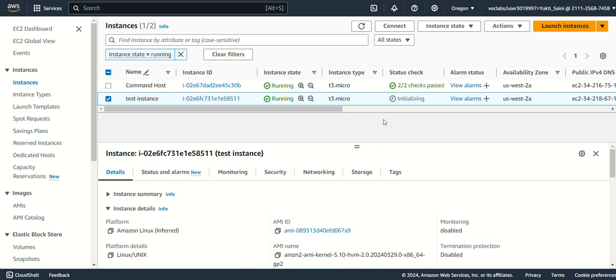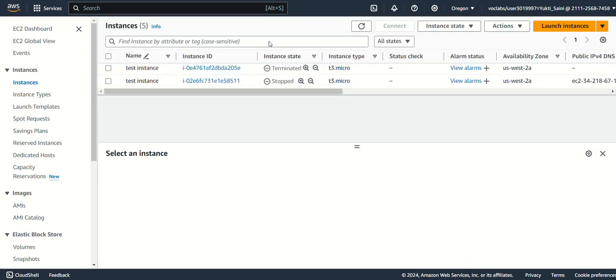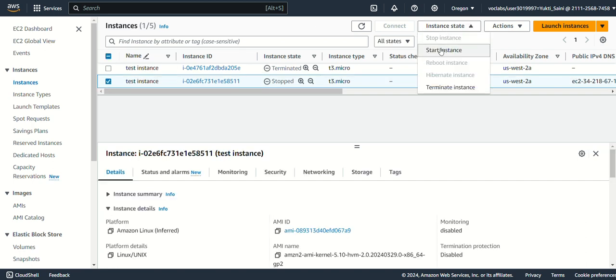Now we can cross-check it by stopping this instance and restarting it. So the instance got stopped and I am starting it again. Let's wait until it comes to the running state.